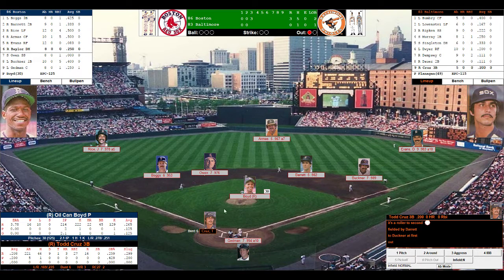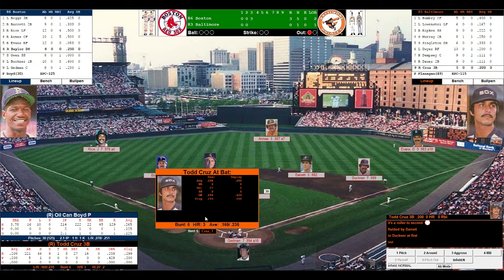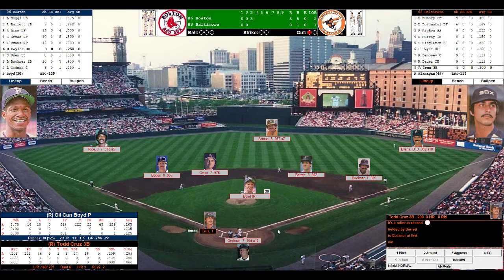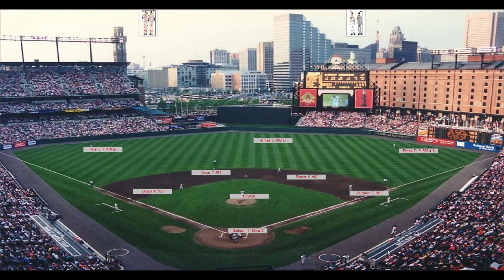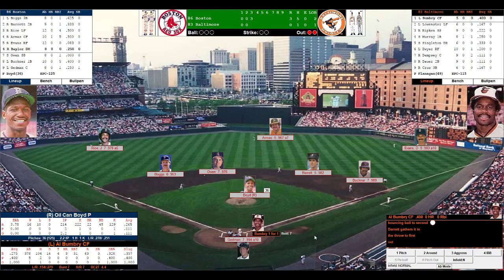So 1 out. Here comes Todd Cruz. Cruz batting .200 in the tournament. In actuality, batted .208. 3 home runs, 27 runs driven in, 16 runs scored. .235 off right-handed pitching. Boyd works quickly. Here's the pitch to Cruz. Grounded to Barrett, over to Buckner. So Barrett's number's been called twice here in the bottom of the 3rd. 2 outs, no one on.